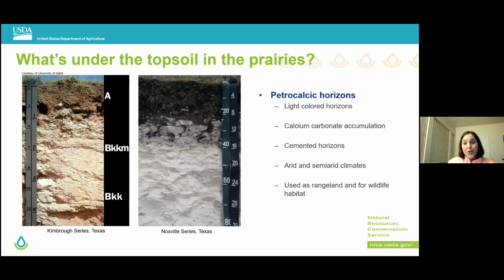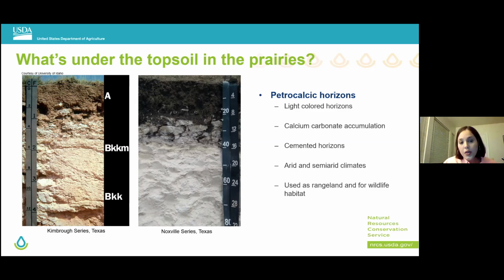And now we move from the forest to the prairies. So do you guys remember what the prairie soil is? What is the soil order that I mentioned in the beginning? Let's start with M. No? Is it the mollisols? Yay! Mollisols. So mollisols or prairie soils, I mentioned they're very fertile, they're very dark, they're rich in organic matter,